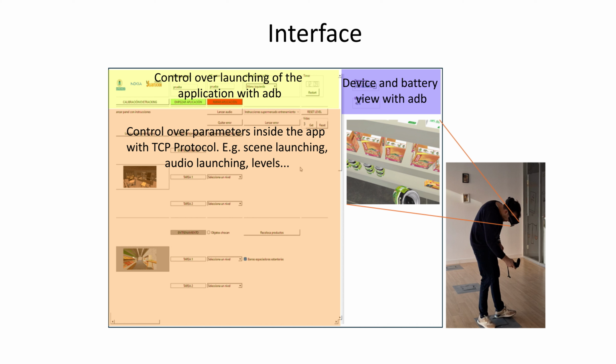In the visualization area, the therapist can see which device is connected, as well as the battery remaining of the device. Also, it has an area to mirror the HMD view, which is what the user sees. This is done through an open source application called SRC-Py and enables to mirror the HMD view through ADB in Python Qt. This enables the therapist to track what the user sees and does.